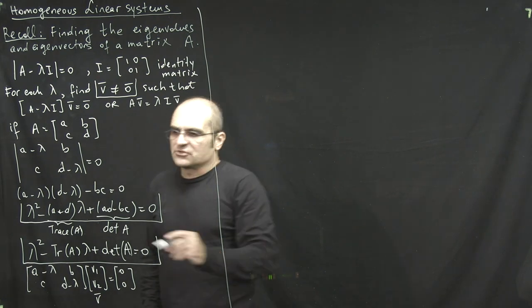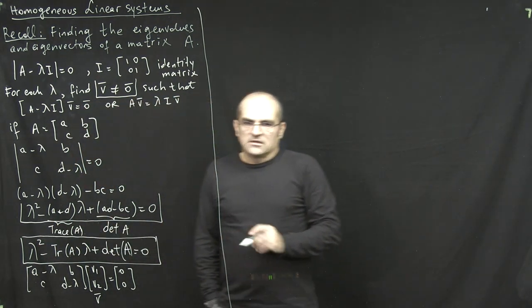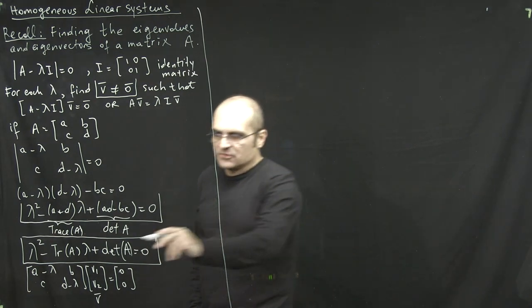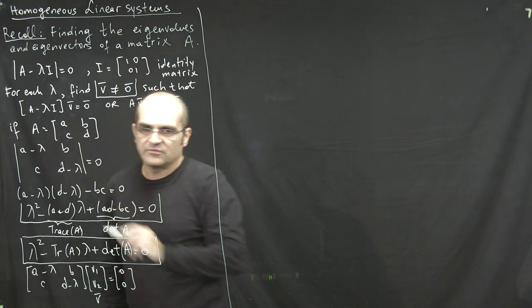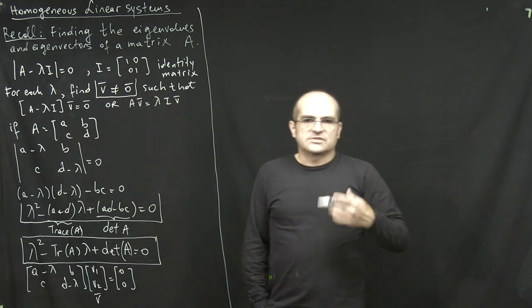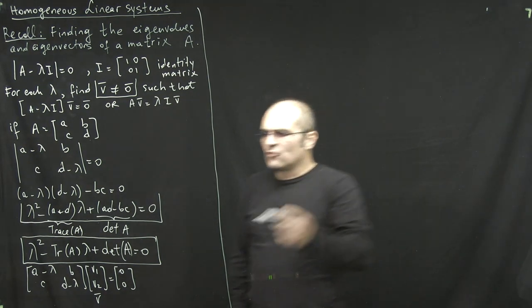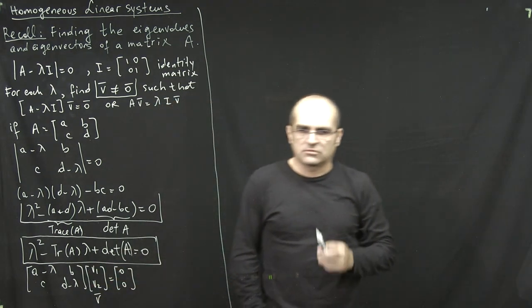So you might as well just remember this format when you start finding the eigenvalues. Lambda squared minus, there's a minus as part of the formula, minus the trace, being the sum of the main diagonal, plus the determinant. So I'm going to use that just to save time from now on. Of course, if you forget this shortcut, you have to start from here and then walk through those